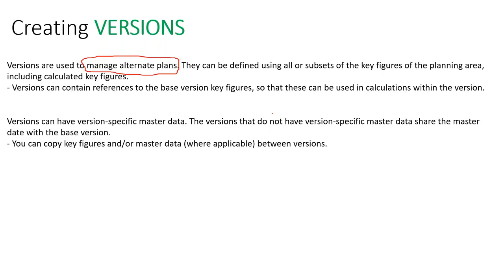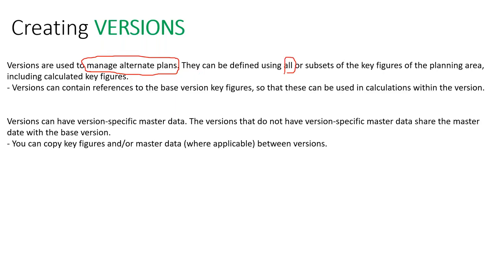I'm highlighting it because tomorrow when we see scenarios, you'll see something else. Everyone who is accessing this planning area test conf 2 will see these multiple versions, and they can all access these multiple versions. They can maintain different data in that version and can see the data